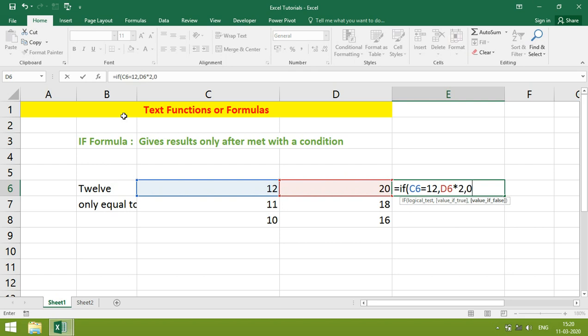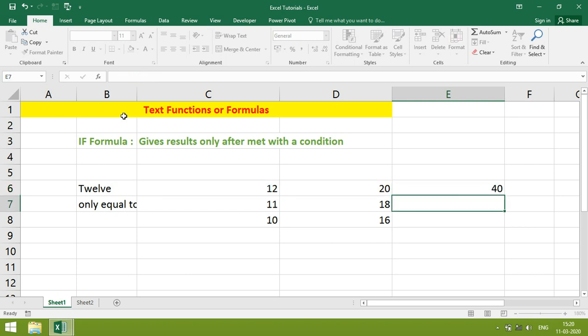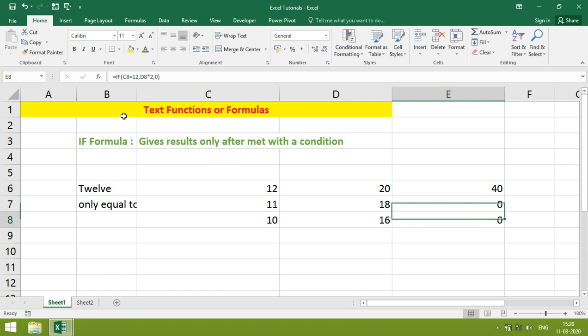Otherwise no, false. If in the same way we copy the formula to the next level, it will not work because the value is different. Here we can use less than or greater than.